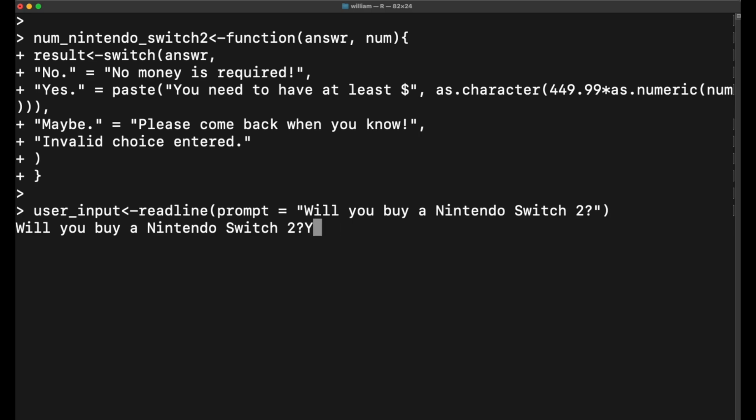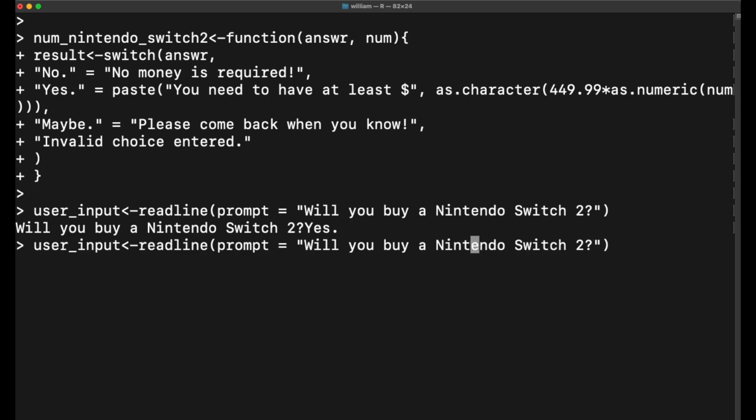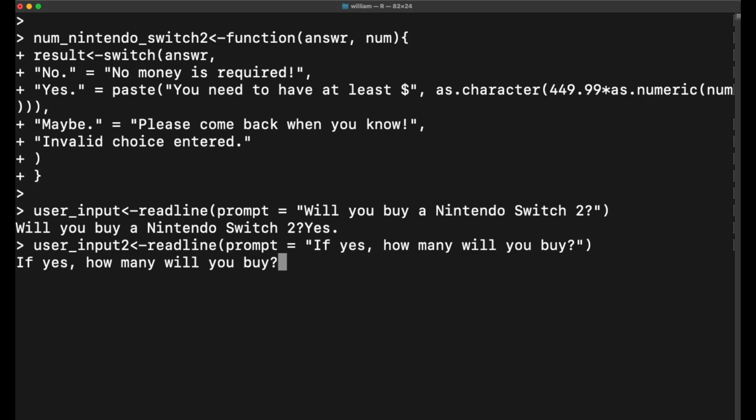We're going to say capital Y yes period enter, and then user input 2, I'm going to just go up and then left, update this to 2, and then this I'm going to delete, where I'm just going to say if yes, how many will you buy? Question mark, enter. So now I get the prompt, and I'm going to say 2, enter,